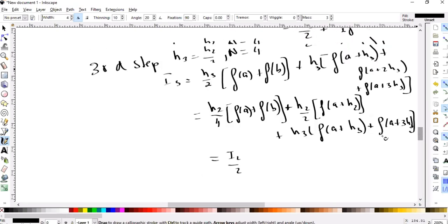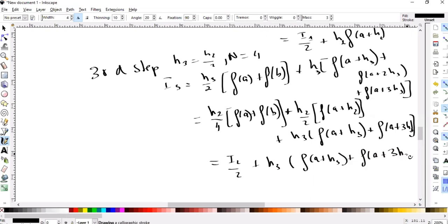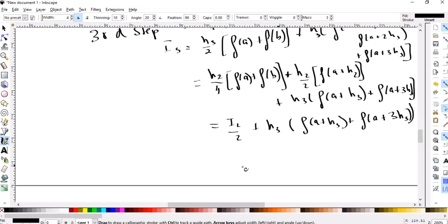So it's I2 over 2 plus H3, F of A plus H3 plus F of A plus 3H3. Right, so we get at the end the same formula that we get for the rectangle. So the general formula for a step n